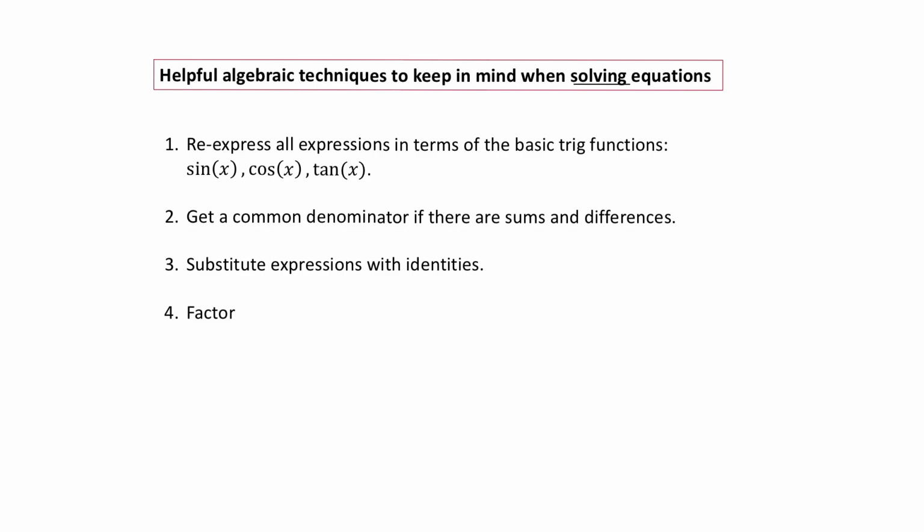If your equation has denominators, you may want to consider simplifying by getting a common denominator first. And if your equation consists of expressions that can be substituted with other known identities like the Pythagorean identities, you may want to consider that. And I'm going to show you in the examples that I chose to work here for you today will implement some of these